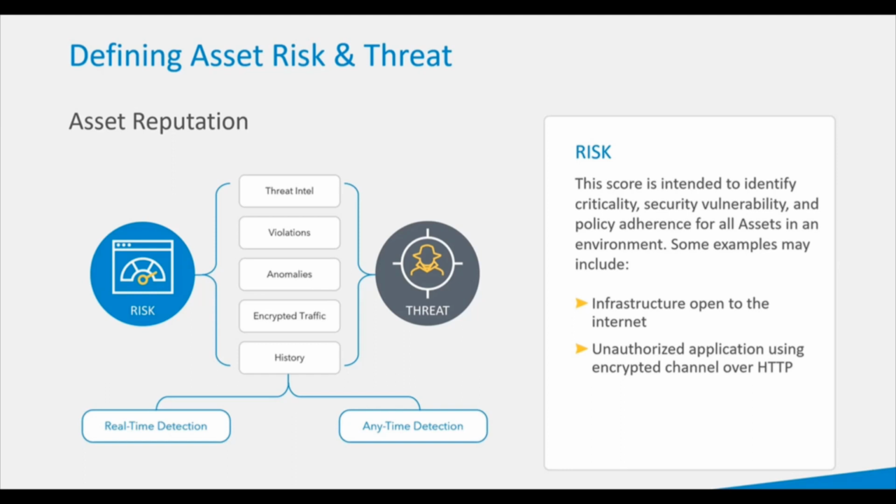Things like passive DNS or an encryption inventory, such as what are the types of encryption running in your environment, or VPNs, what VPNs are running in your environment. Other things include stuff like geolocation. So if I have a node that is communicating with a geolocation we've never talked to before, that also will be tracked as well.